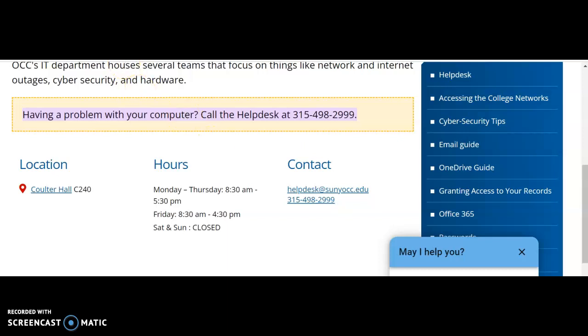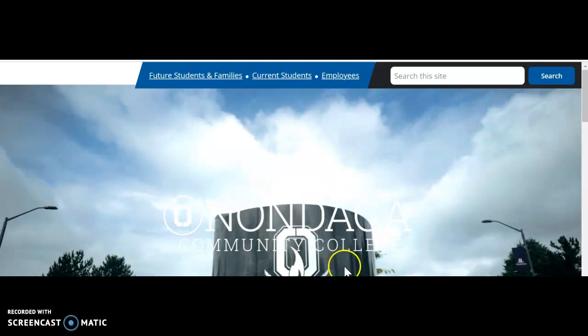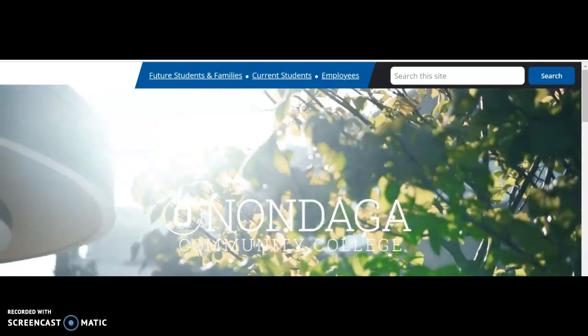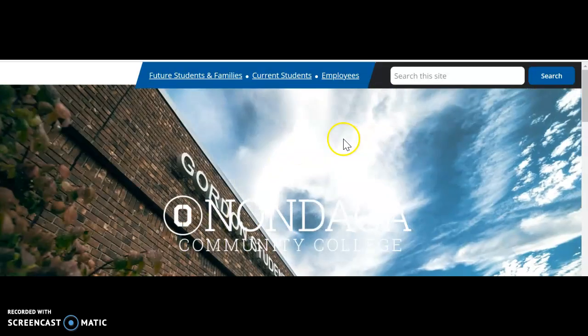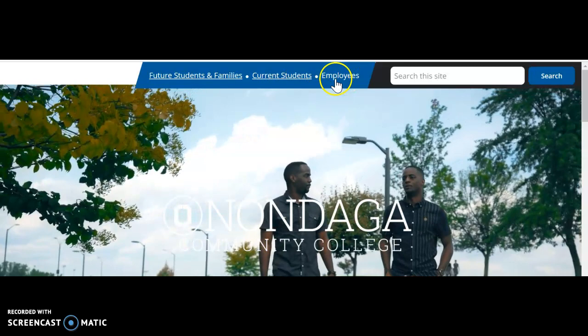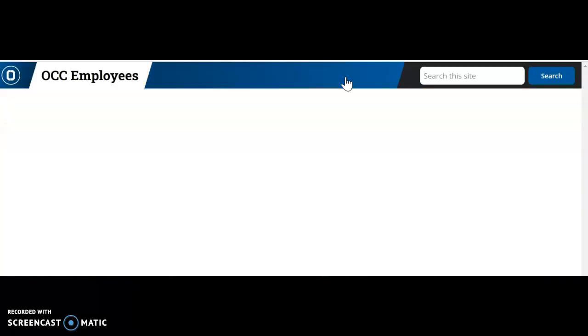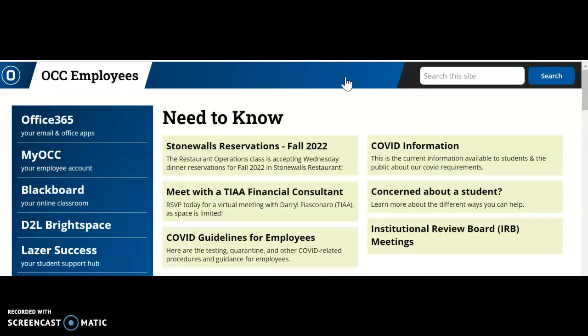Let's go in. There's the OCC webpage. See if you can see. Yeah, okay. Now you're going to go in current students and log in. I'm going to go in here, and my view is going to be a little bit different. But when you get in there, you're going to see somewhere D2L Brightspace. That's what you click on. So click on that,